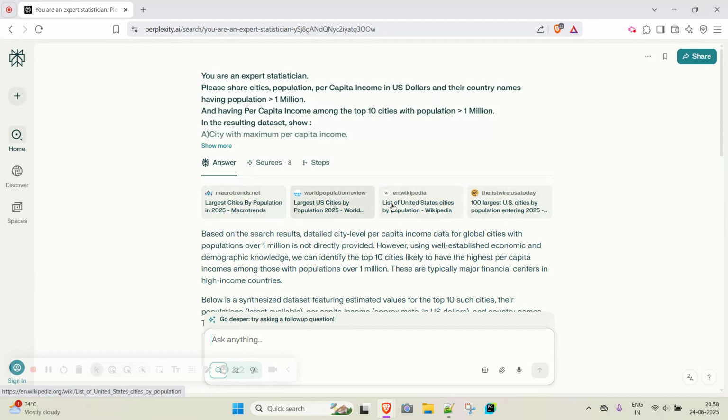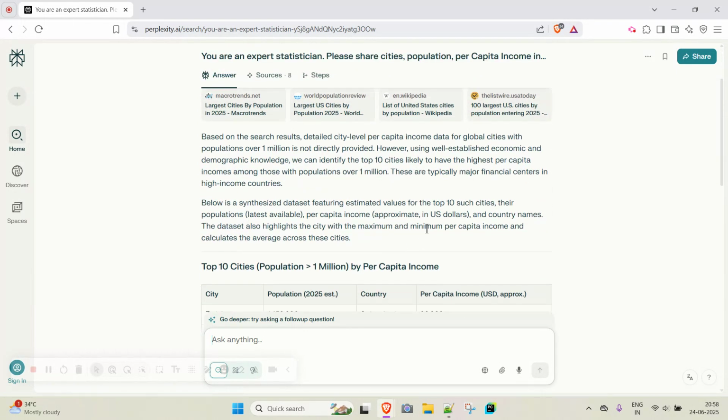We can see the different links here, and it has a somewhat better response. So it's saying that even though it is not directly provided, using well-established economic and demographic knowledge, we can identify the top 10 cities likely to have the highest per capita incomes among those with populations over 1 million. These are typically major financial centers in high income countries.